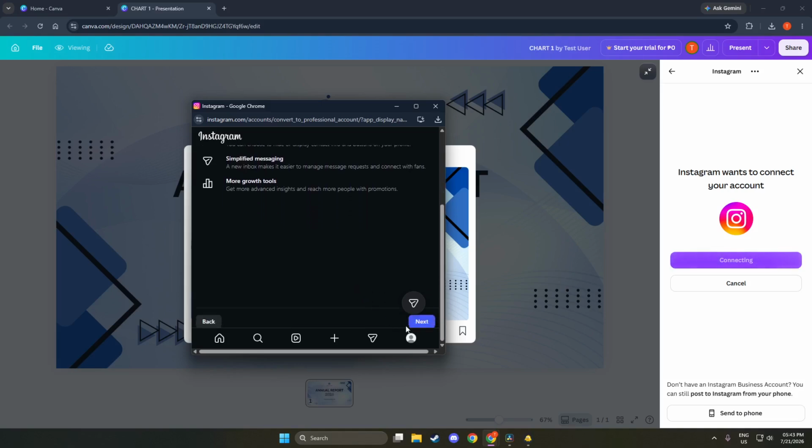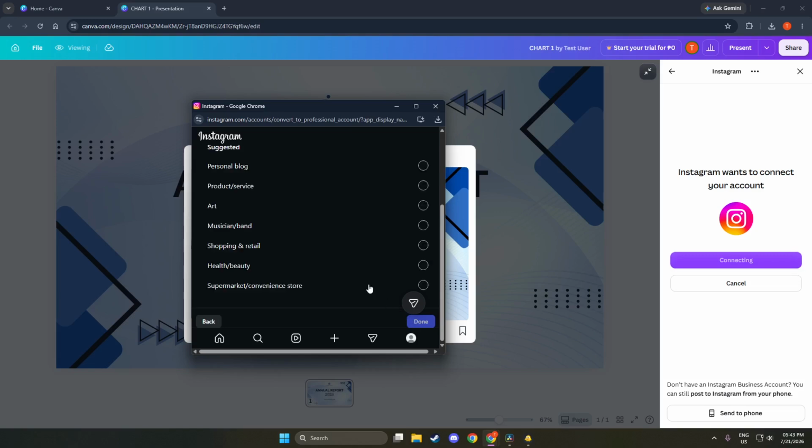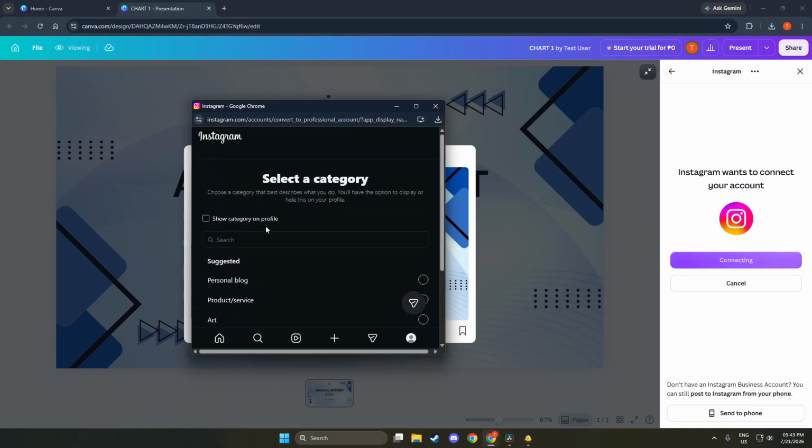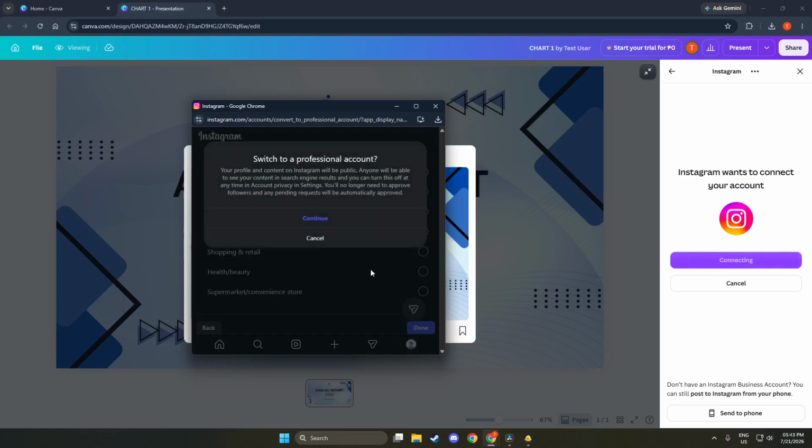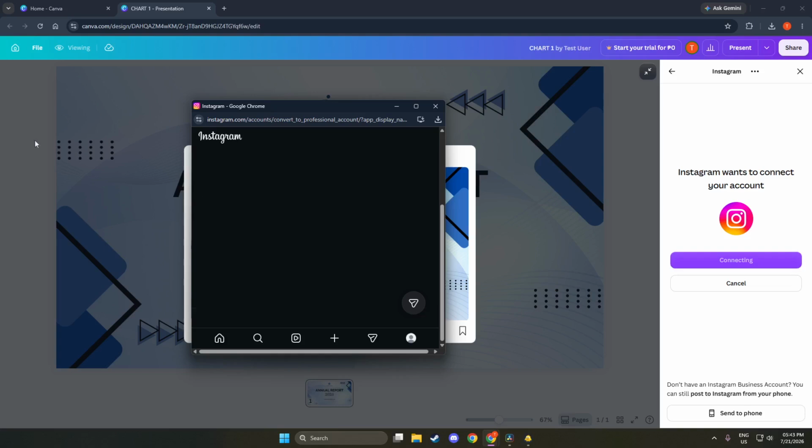Once you log in, you may need to verify your identity through a security prompt, which is a great practice for maintaining account security. With that done, allow Canva access to your Instagram account. You will see a prompt asking for permission for Canva to manage your Instagram. This is an important step, as without granting access, you won't be able to post your designs. It is reassuring to know that this allows Canva to help streamline your posting process while keeping your account secure.